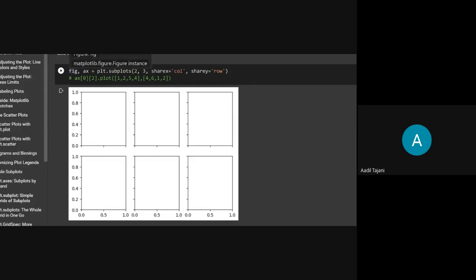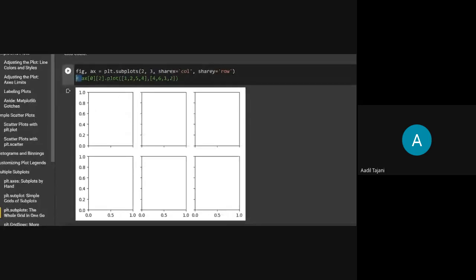The figure variable will store the figure attributes, that is the whole white canvas, and the ax variable stores the axes, those black boxes in which plotting is done. We have created a 2x3 grid, so you can use that ax variable to reference those subplots.